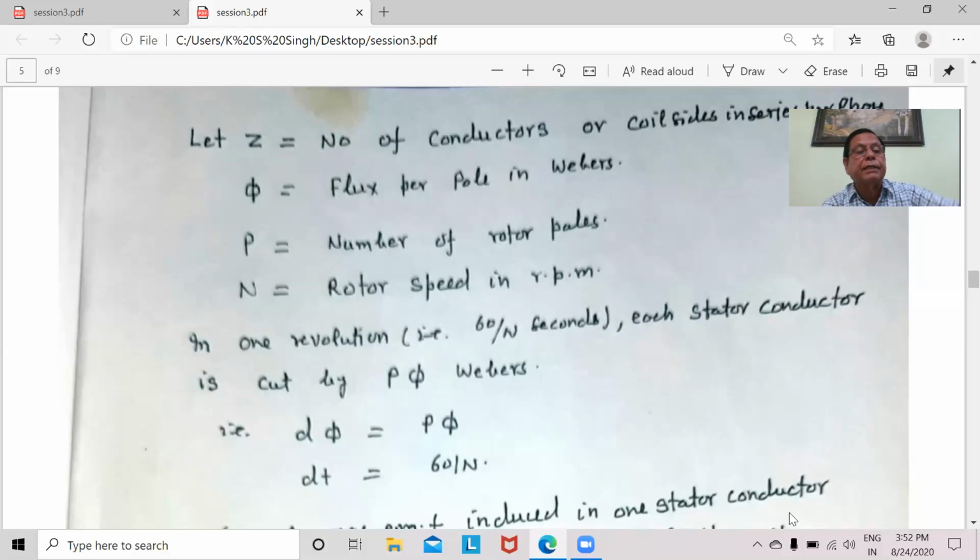Each stator conductor is cut by P phi Webers. In one cycle, it will cut the flux produced by all the poles, so the flux cut by the conductor is P phi Weber. That is d phi is equal to P phi, and dt is equal to 60 by N